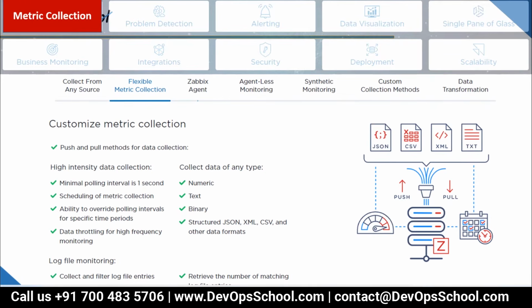Okay, now it also has flexible metrics collection. Flexible metrics collection means both models are allowed. That means we call it a push model and a pull model. That means you can push the metrics to the Zabbix server, or the Zabbix server also can pull the metrics. So both things are there. So it's flexible. Also, you can set many things. For example, while collecting the metrics, you can set